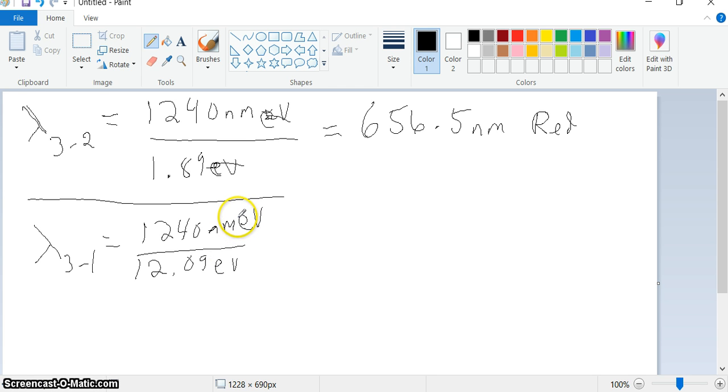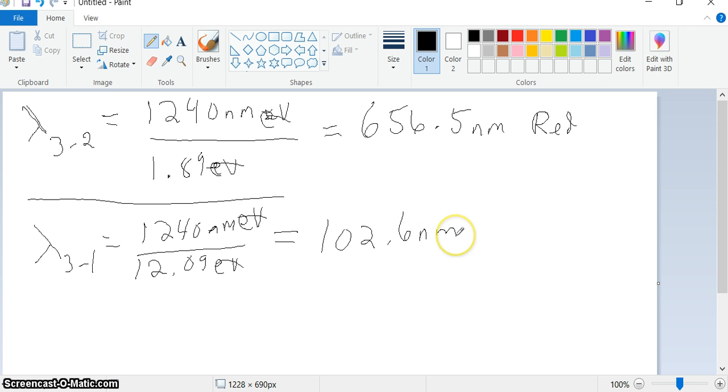The electron volts cancel, right? So that cancels this, and this will give us an answer, and so you just divide. It's just a division: 1240 divided by 12.09 gives us, let's see, what does that come out to be? Oh yeah, that is 102.6